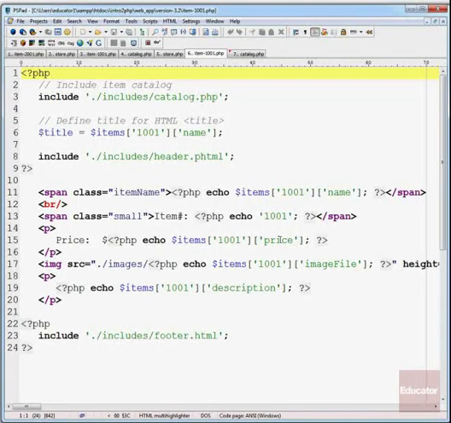We're going to output the price and so forth, and we're accessing it using that square bracket notation for multi-dimensional arrays. And you can see up here too that for the title, which essentially gets passed to the header file to be output as the HTML title, we're going to set it equal to the name of